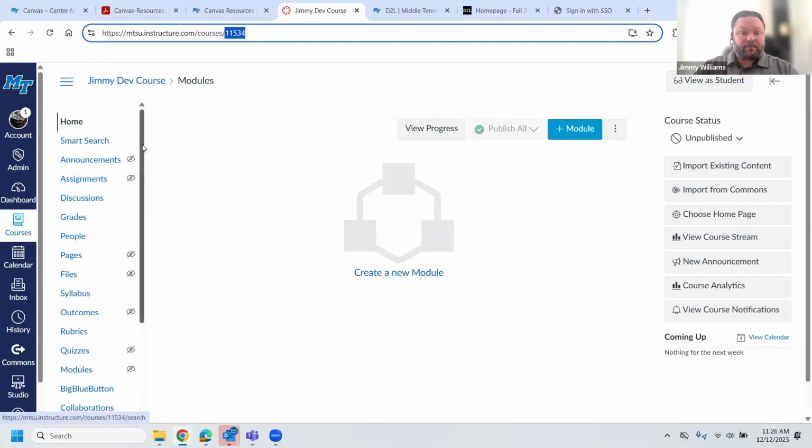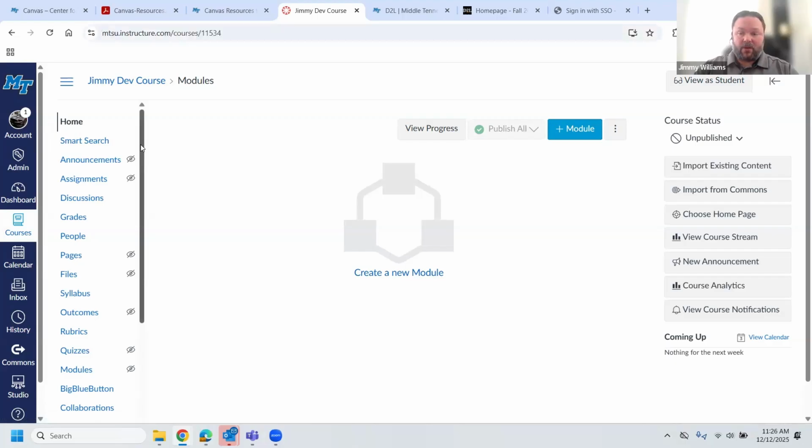All right, so now what we're going to do is go in and import from Commons. Canvas Commons is where we are going to house all of our templates, all of our sample home pages, anything that we create for you as faculty you'll have access to. Something else about Commons is that you can put